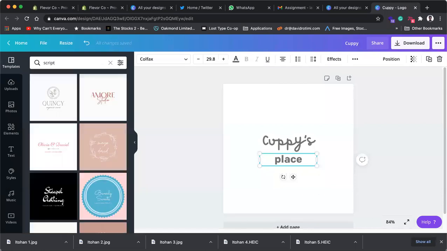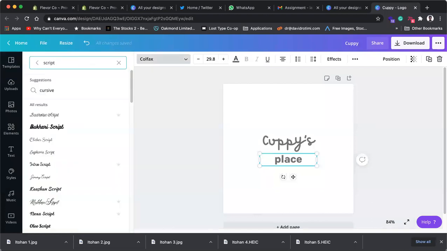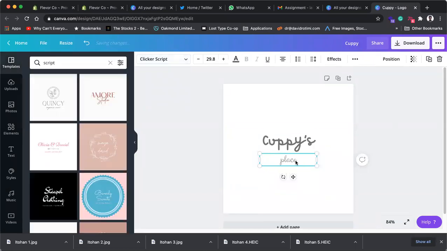Okay, so now we're searching for logos, but I'm trying to find fonts. So yeah, this is a script font. So imagine having something like this, Copy's place, right? I mean, this is not terrible, as in, oh my God, what is this? Right? But it would be better if the difference is obvious, difference in the sense that Copy's, and another reason why,